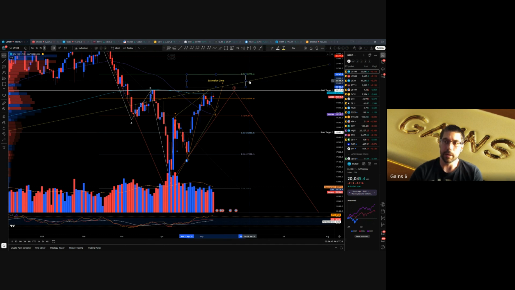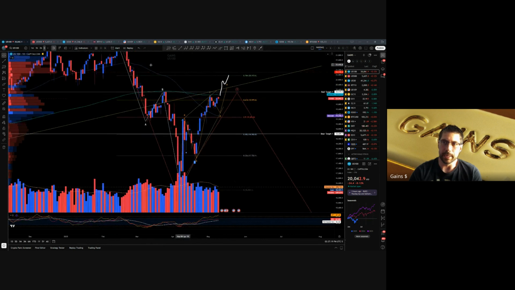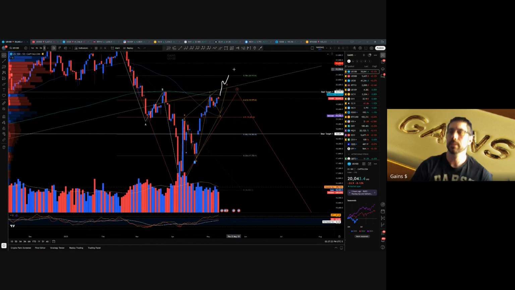So it says extension zone up here, and the reason is because we had this big 786 level. If we do see some sort of move like this, where we see this gap up squeeze over resistance, that's probably what we're going to see. If there's maybe any China talks this weekend, that kind of thing, that's my concern, that you'll see this sort of pop up here for a day or two, hit this level, and then you see there's a ton of sell delta up here. So that's where I'm not really concerned about holding a bunch of longs, or sorry, that's really where I think we will see a big pivot.